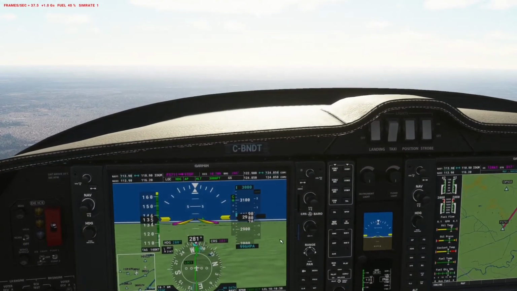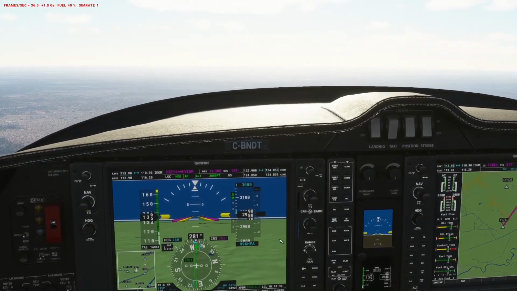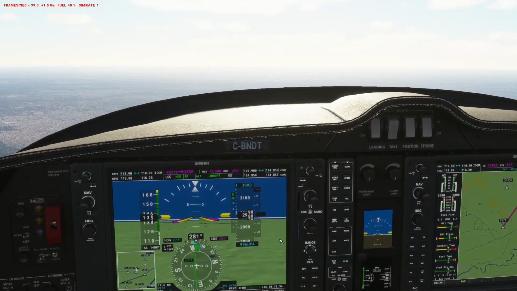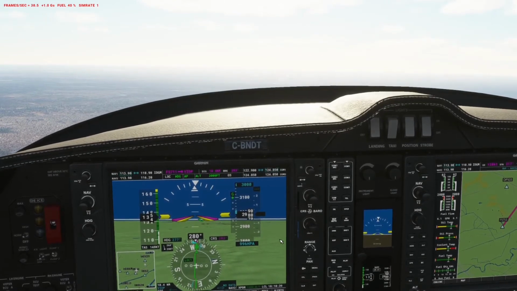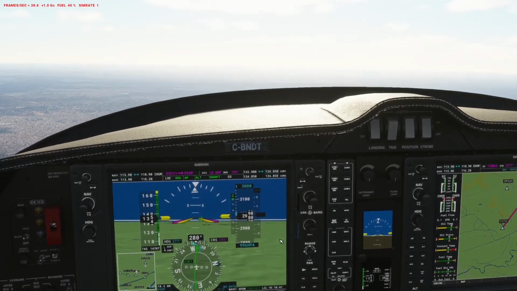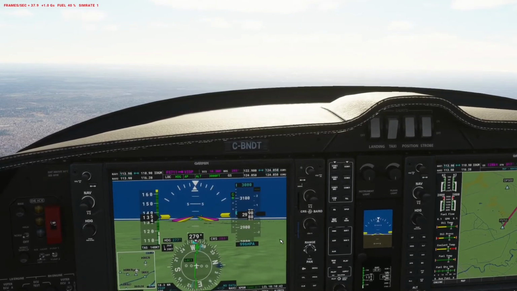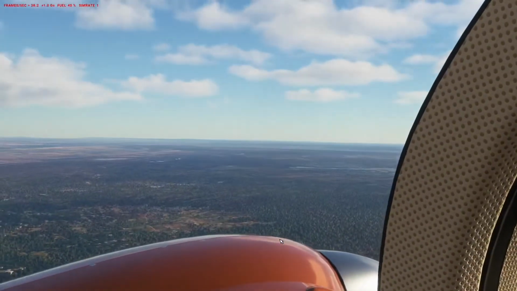So I'm still autopilot armed. I'm just going to do it with heading select initially, and then vertical speed, and then we will disconnect the autopilot and fly the last portion of it ourselves. So not a big deal, but